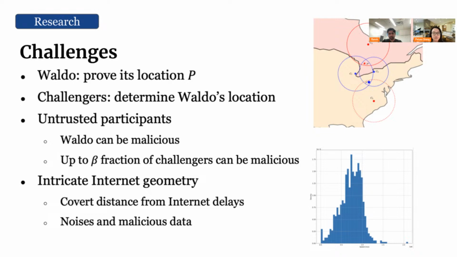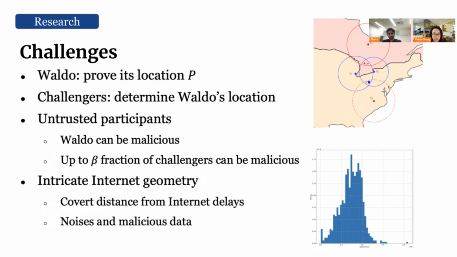But in those decentralized scenarios, new challenges will emerge. We need to tackle those adversarial behaviors in decentralized setting that everyone can lie. They could have incentives to falsify their location. They can use VPNs or cloud to manipulate the measurements. And furthermore, even the distances